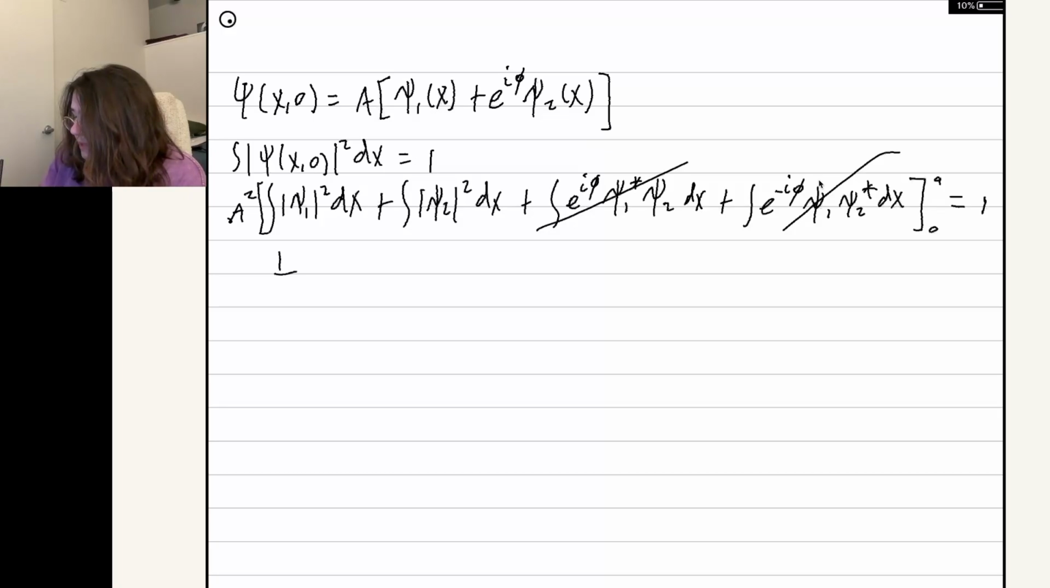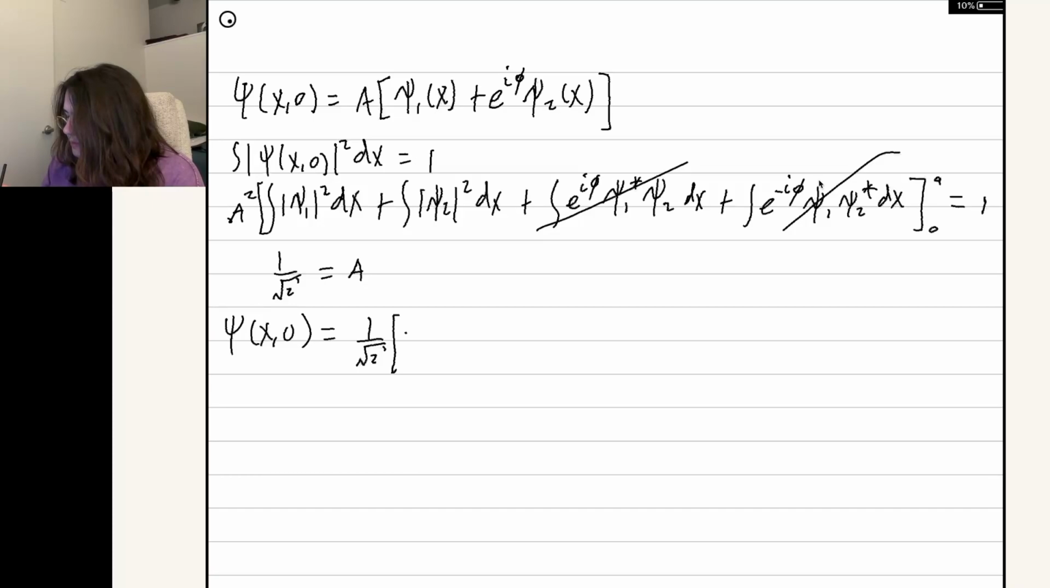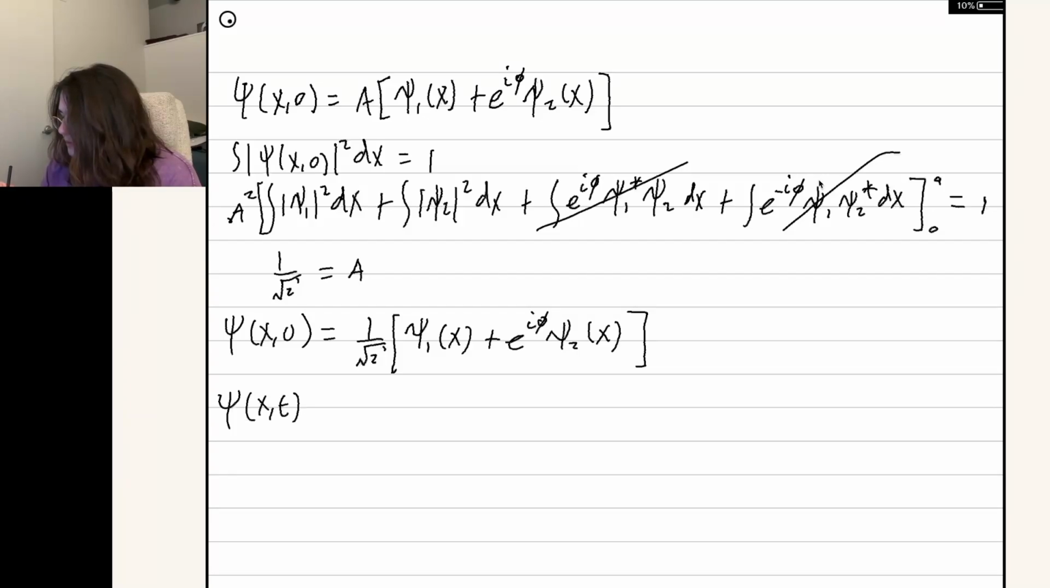So just copying what I had for the last one, the normalization constant A is just 1 over root 2, and we can express now the time independent version of the wave function like this here: psi 1 of x plus e to the i phi psi 2 of x. We can also go ahead and write the time dependent version of the wave function,